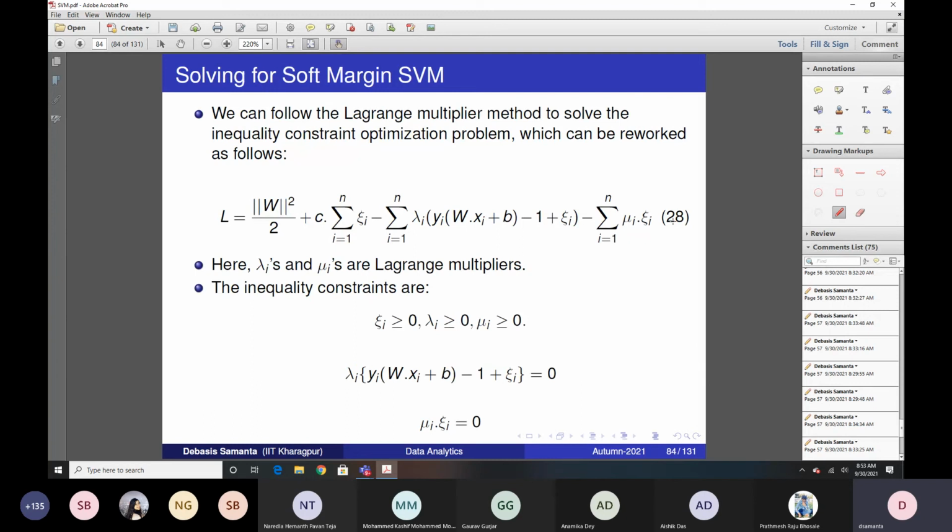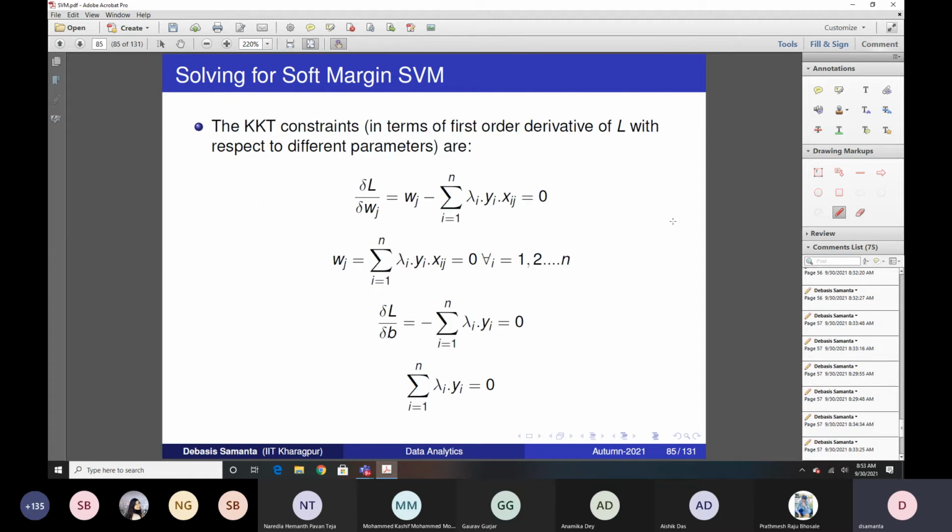It is the same concept that we have used, the Lagrangian, but with some additional modification in the Lagrangian multiplier, which I show in equation 28, where in addition to the Lagrangian multipliers, it considers psi i. They are called the slack variables, and then it becomes a little bit computationally more expensive, but it can solve it.